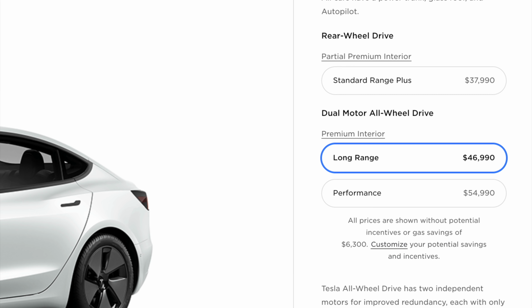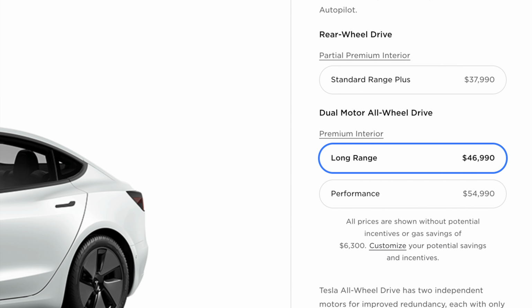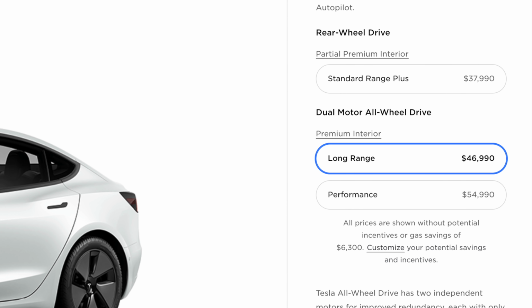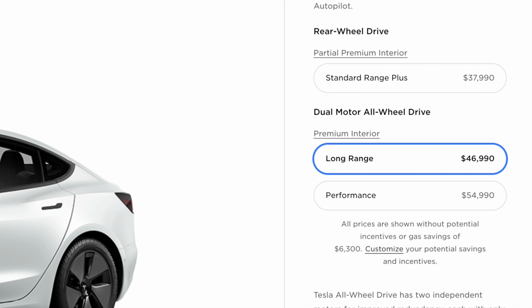And they're all at the same prices, with the Standard Range Plus starting at $37,990. The Long Range, again, coming in at 353 miles of range at $46,990. And the Performance version at $54,990. So while the outside of the car, besides the black trim and the wheels, might not look a ton different,